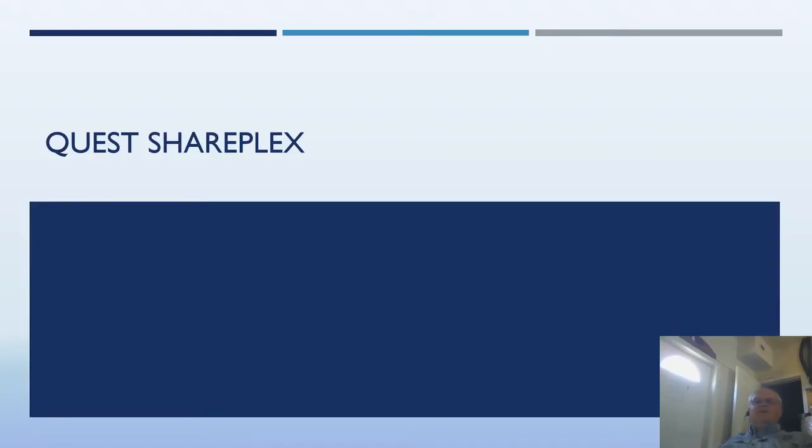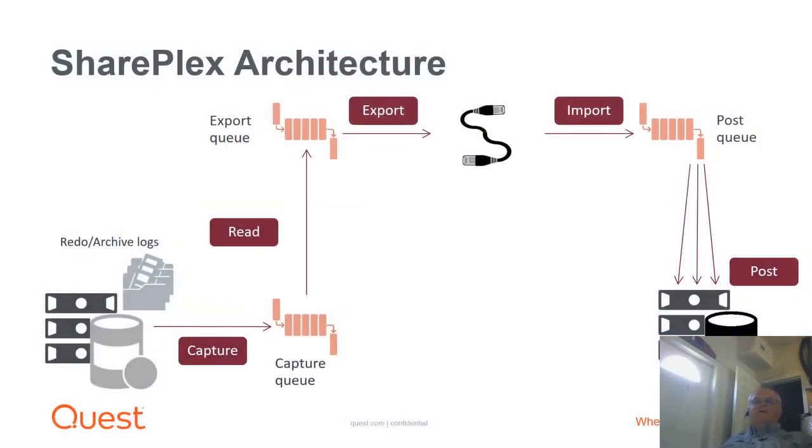Let's talk about SharePlex for a minute. Here's our SharePlex architecture. We start by reading the redo logs and capturing the change data that's happening in Oracle and moving that data along through a read process that is kind of a traffic cop. Read decides what data you're going to replicate, and then moves it along to the export-import processes. This is not Oracle's export-import; these are our own proprietary processes that move data very quickly across the network, much faster than Oracle Network Services. They put the data in a post queue, where our post process transforms it into SQL and applies it to the target database.